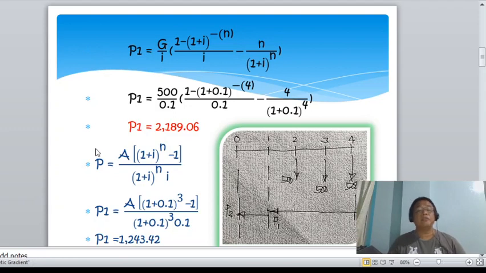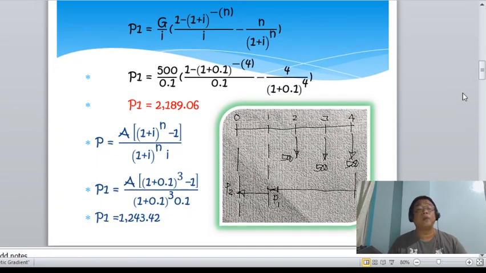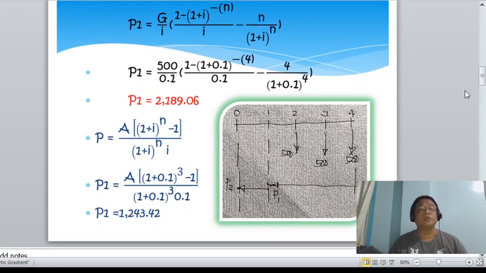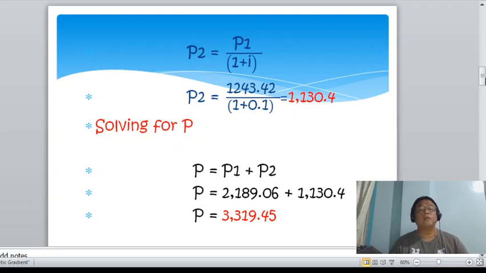And then substituting the values, A is equal to 500, and then the present worth of the uniform payment of 500 is equal to 1,243.42. So, summing up now, or getting the sum of P sub 1 and P sub 2, that is now equal to